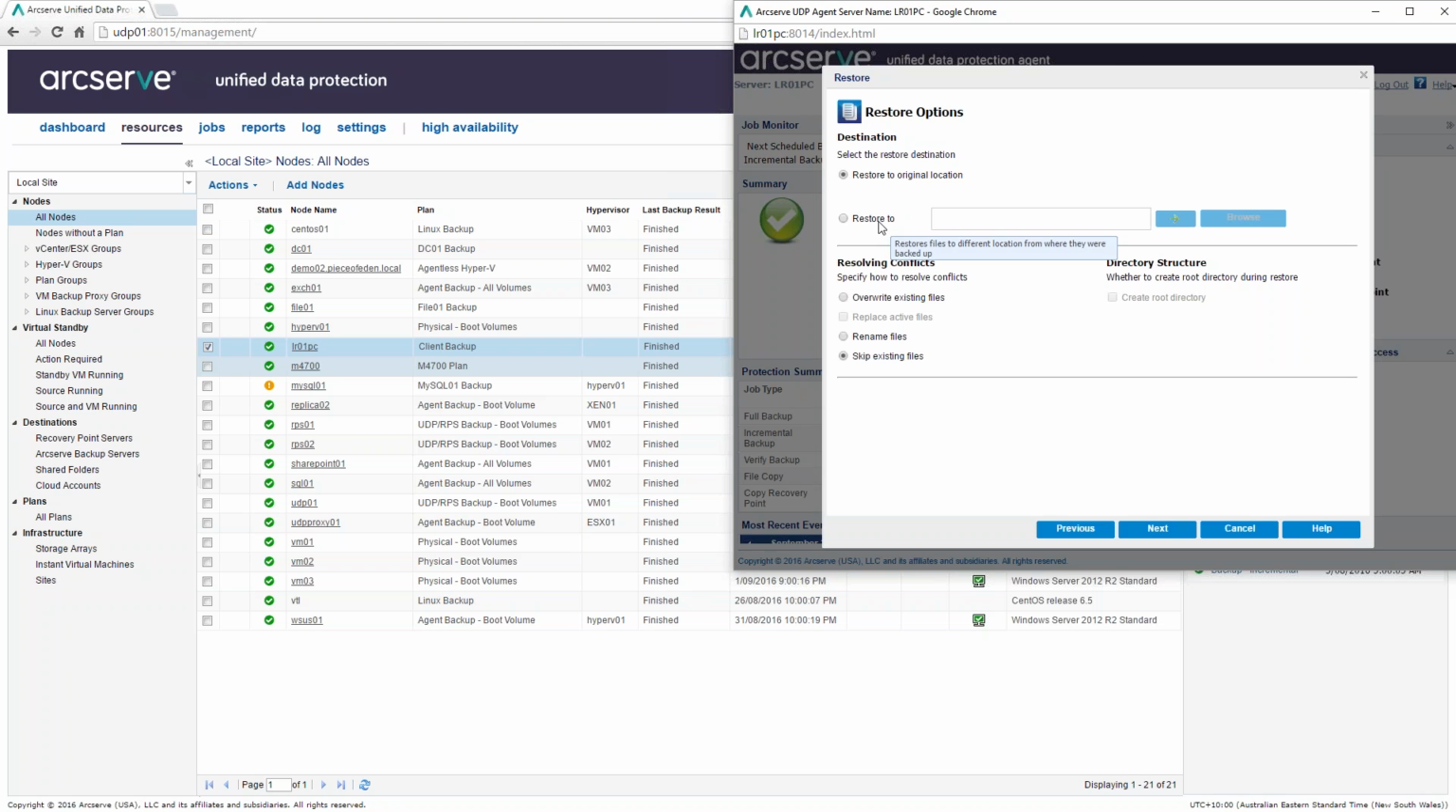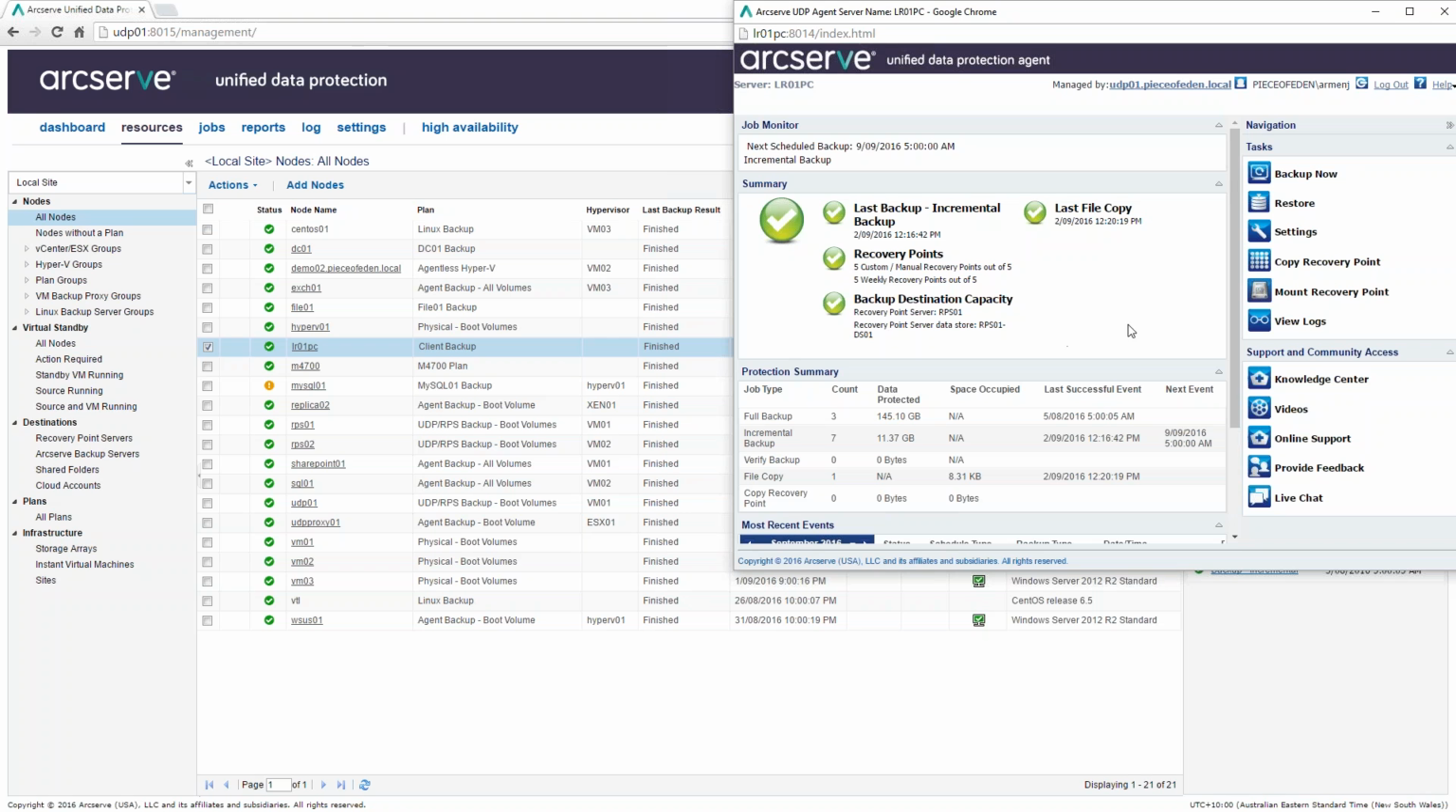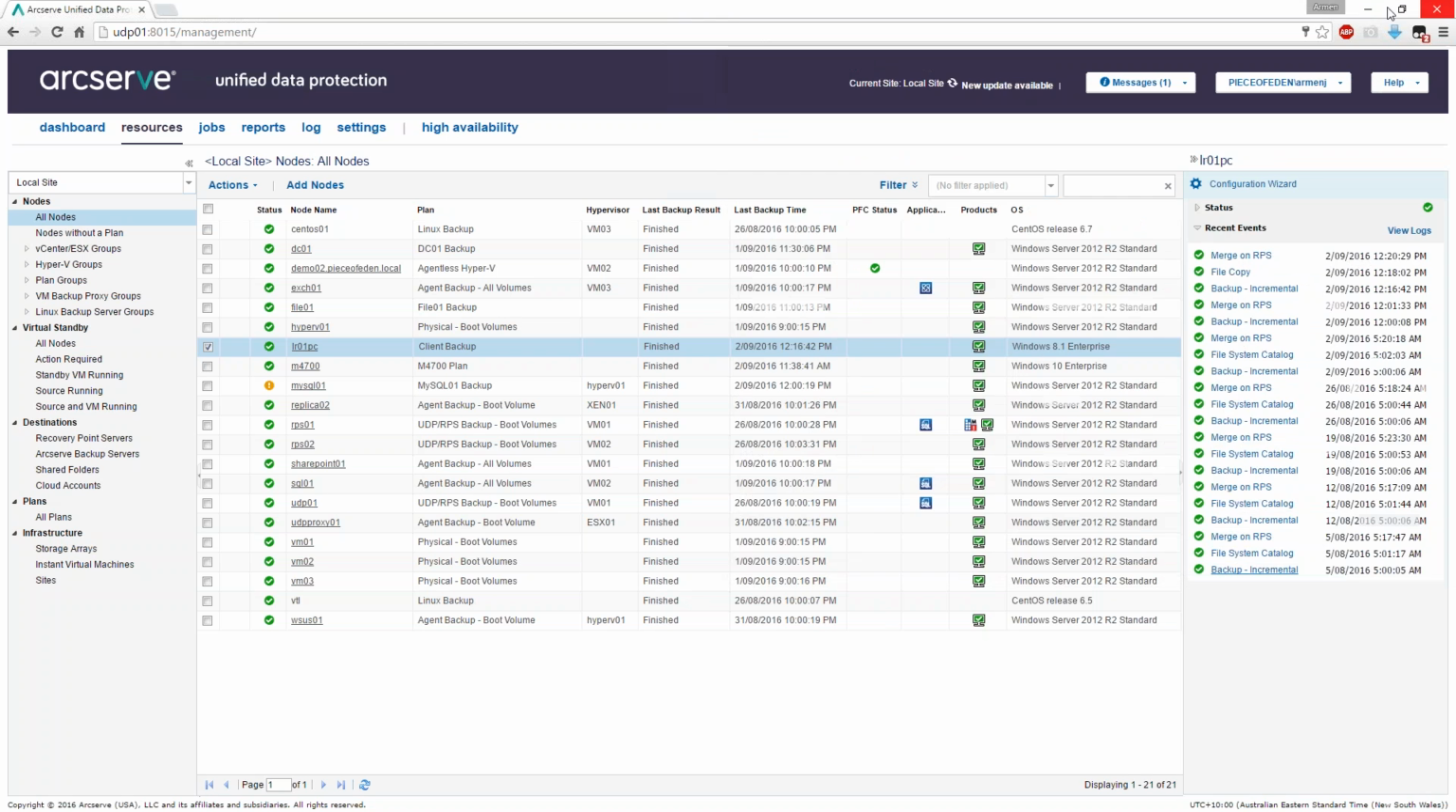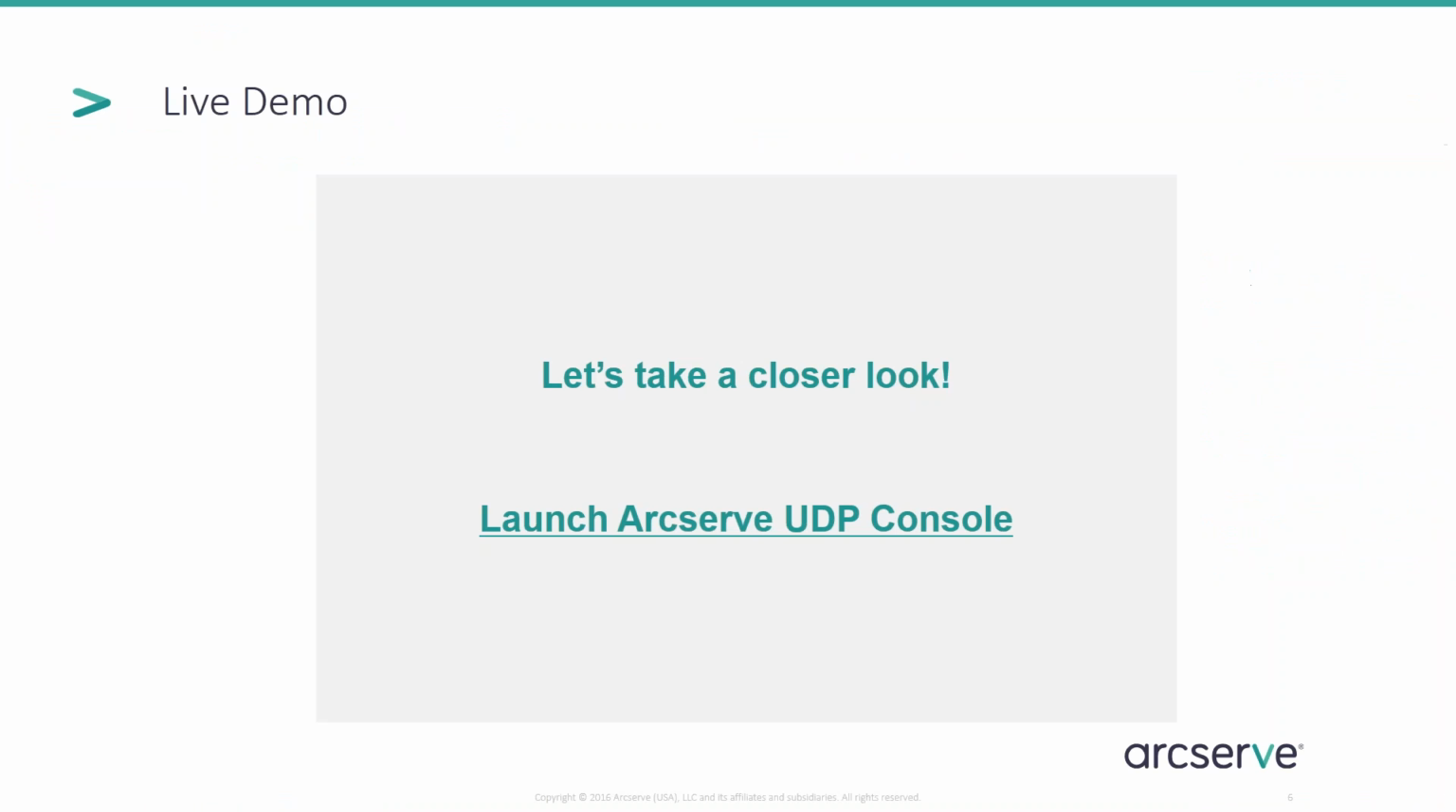I can choose a different location. If there's an existing file, I can choose to rename or overwrite or skip the file. And if I click next, it'll proceed with the restore process. So restoring from a cloud location, if you've done a file copy, is very straightforward. So you just do it through restore and browse the file copy location. So I'm just going to close this and we'll go back to our